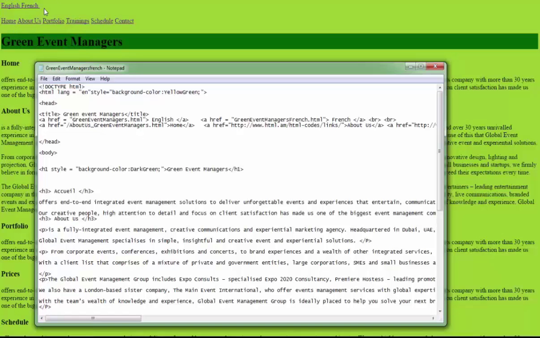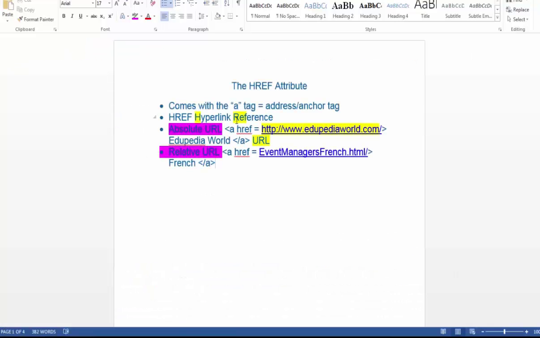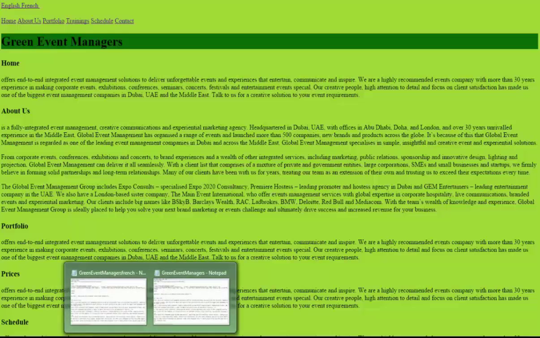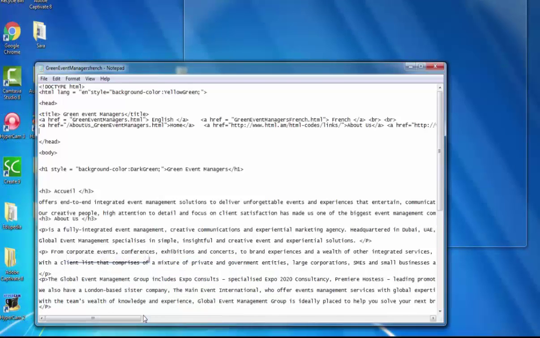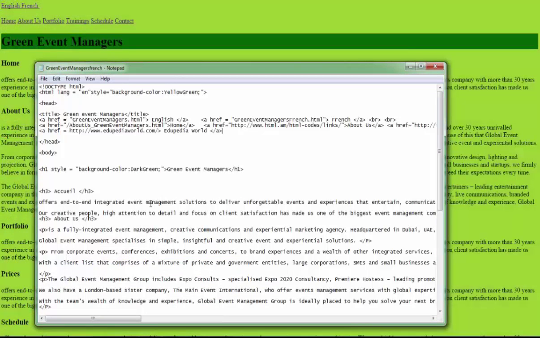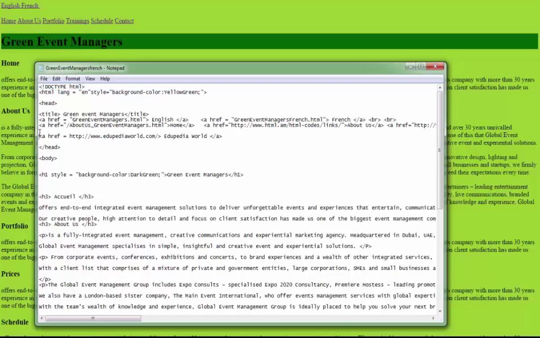Now this is still looking very crude and unfinished. Believe me, it's going to look much better when you're done with the course. So we have this area here, and I want to write this Edupedia link here. Let me just add it. Okay, and I'll show you how it works in the website. Sorry, okay, I need to open. Okay, I'll open the French one. There you go. Okay, so I want this to appear below, I have to add